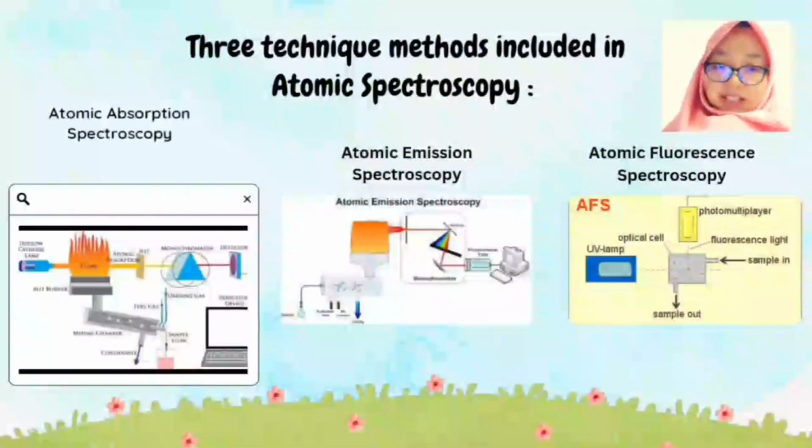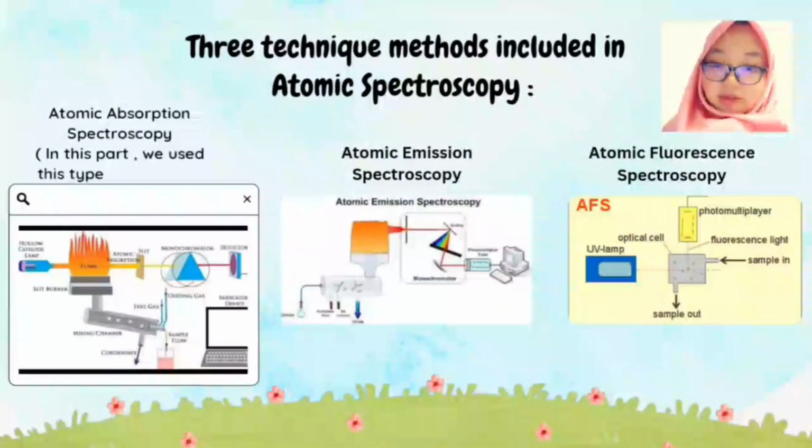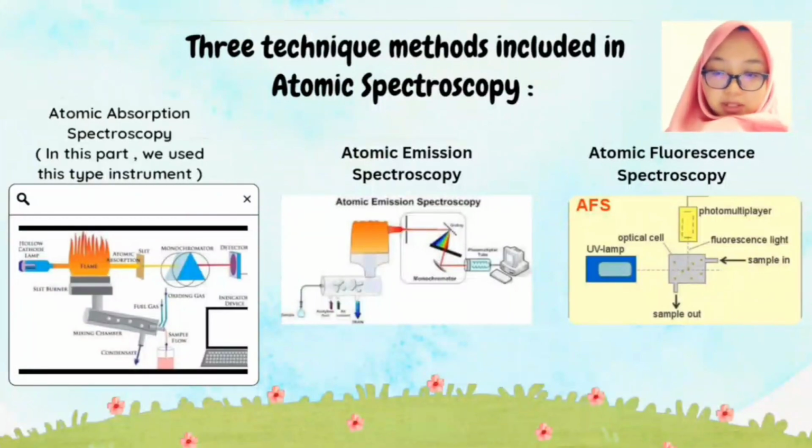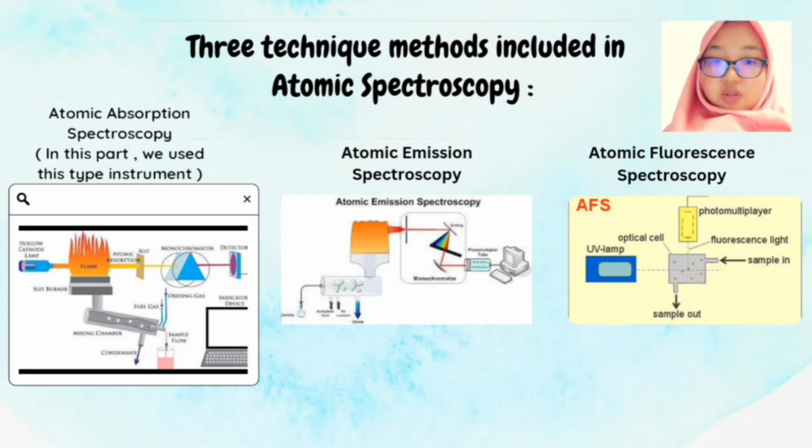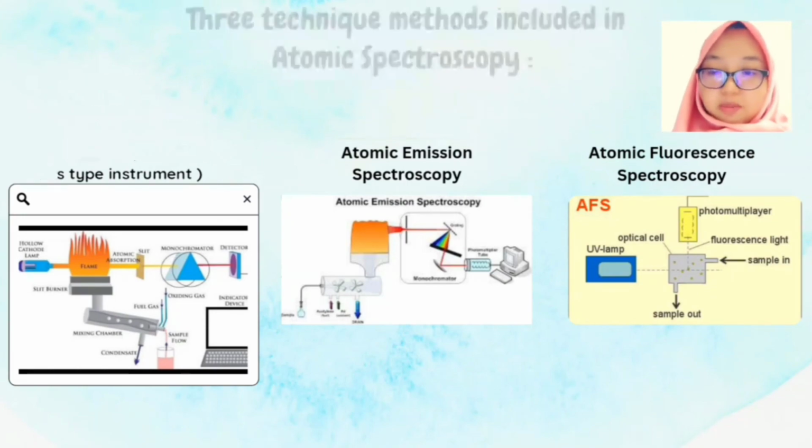Three technique methods are included in atomic spectroscopy. The first one is atomic absorption spectroscopy, the second is atomic emission spectroscopy, and lastly, atomic fluorescence spectroscopy. But in this term, for the first one, we used this because it was from our